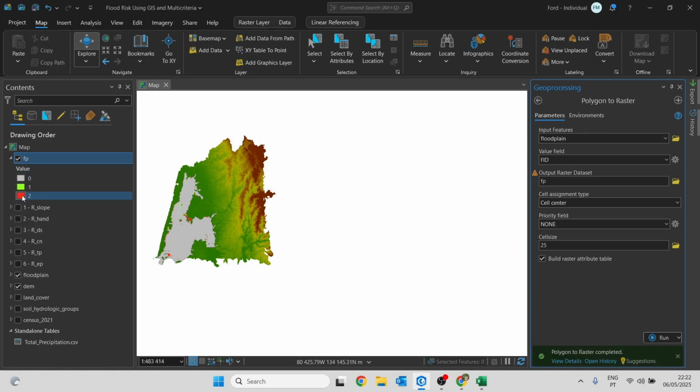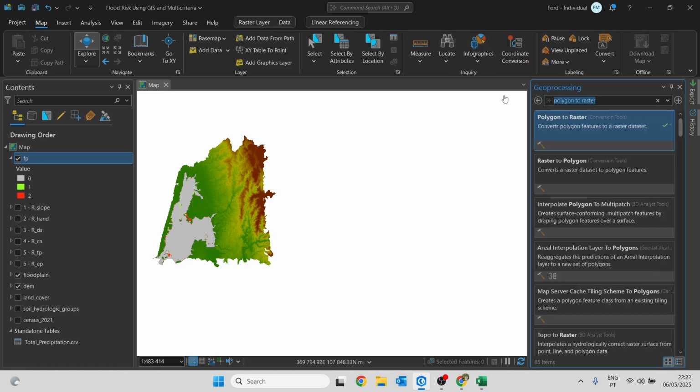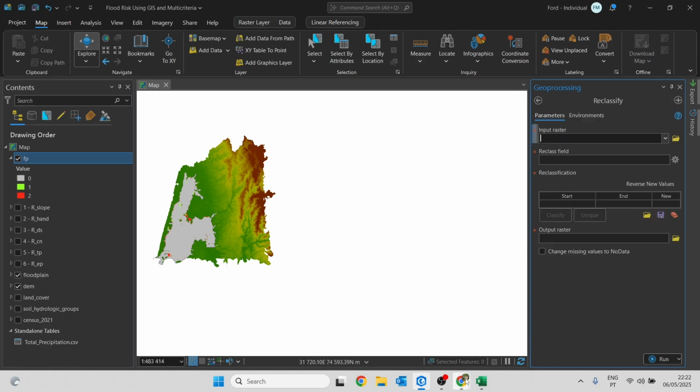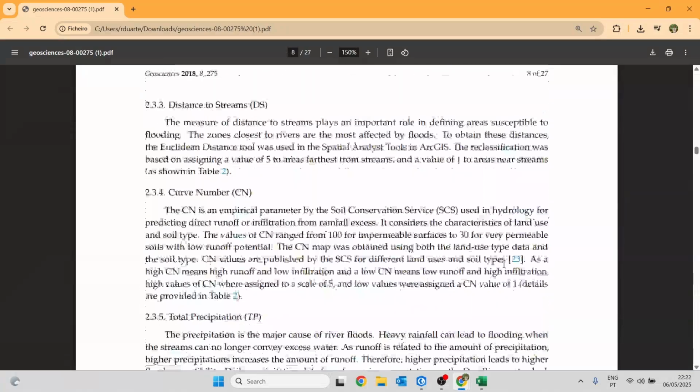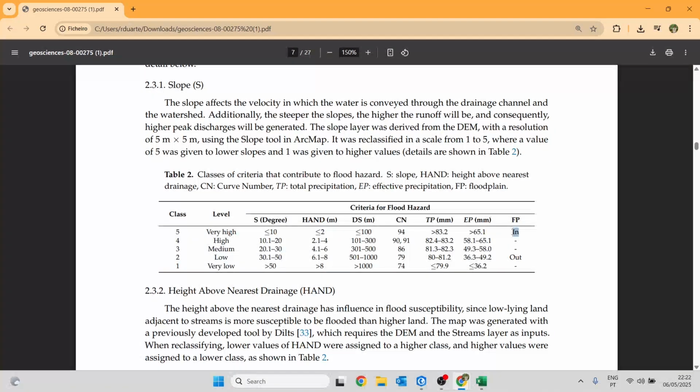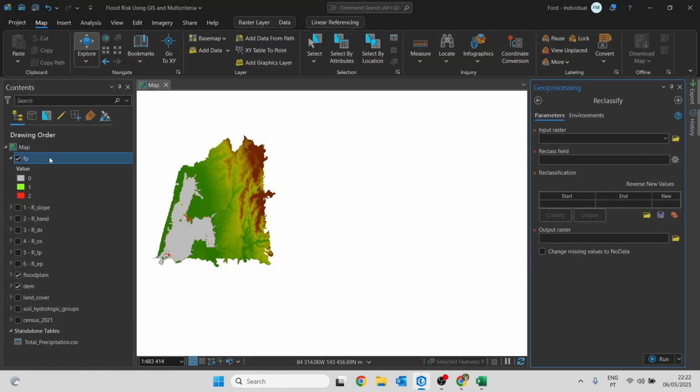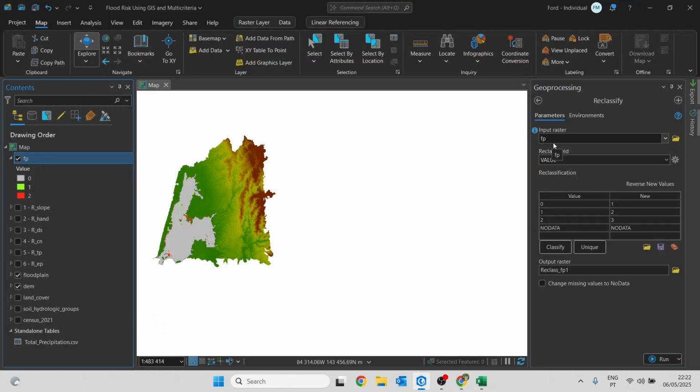Since we had 3 different values in the selected field, we're seeing 3 different colors here, but in this case that doesn't matter at all because we're about to reclassify everything in the same way anyway. So let's search once again for reclassify, and we can see once again, if we go to the article, that areas that are inside the floodplain will have the class of 5, and areas outside the floodplain will have the value 2. Okay, so just drag and drop the floodplain raster into the input raster, and